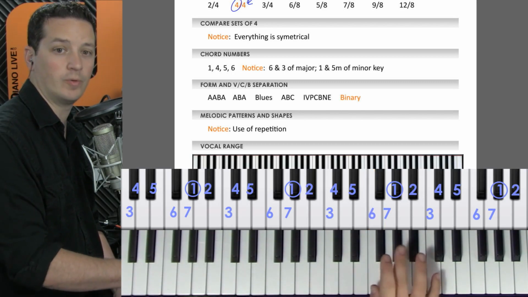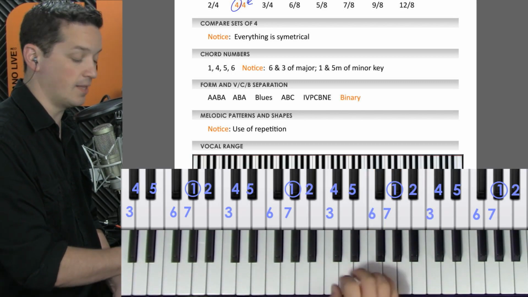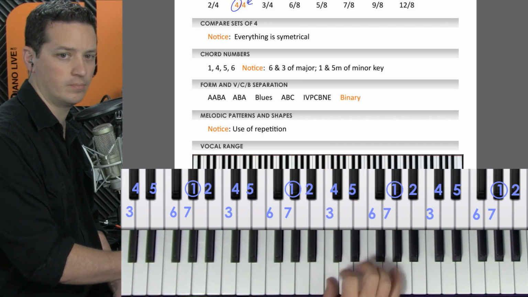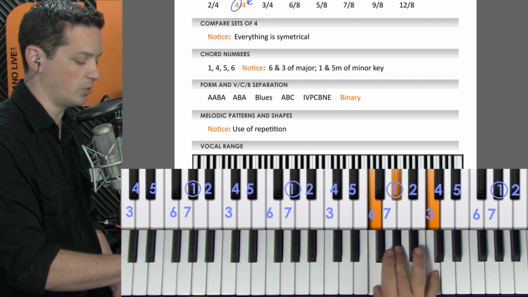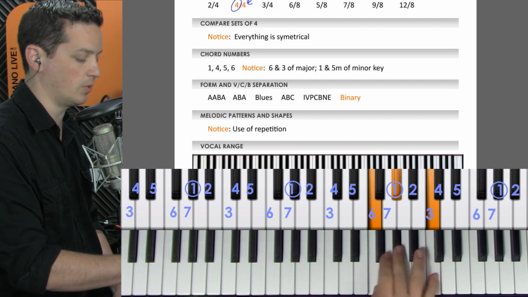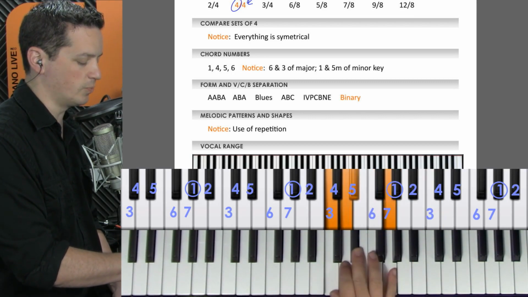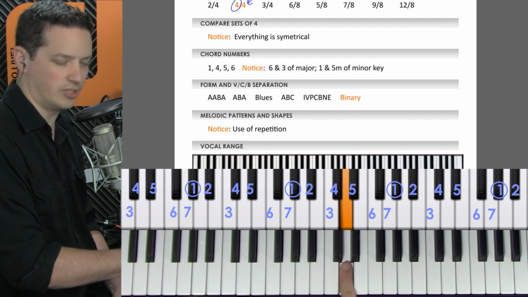So the F chord would be the 6 chord, and the C minor chord that we have in this song would be the 3 chord, because that's the 3. So we'd be going from the 6 chord to the 3 chord, to the 6 chord, to the 3 chord. However, as we discussed yesterday, we have this really pesky D that shows up in there.